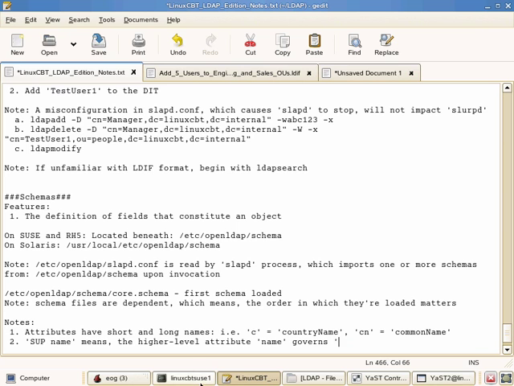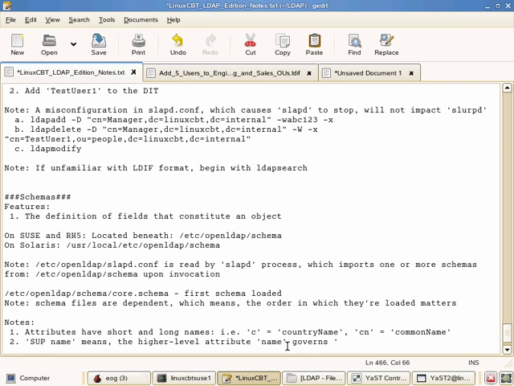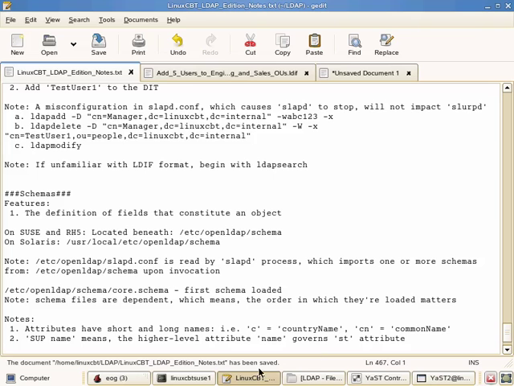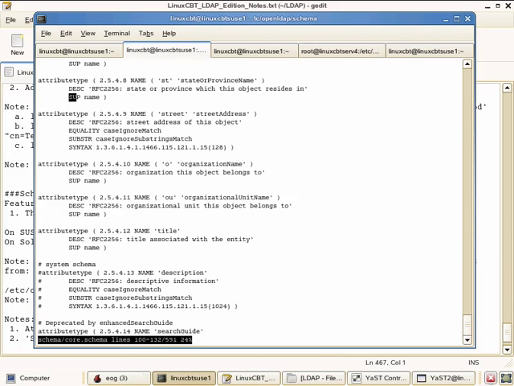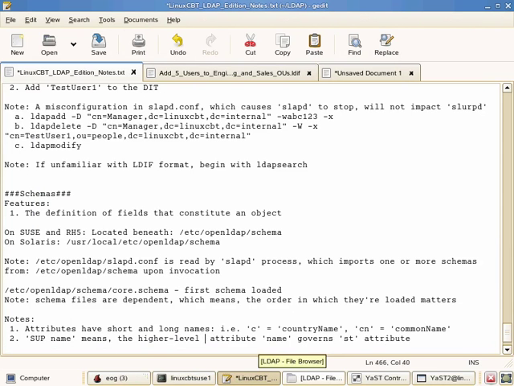And in this case, it is the state attribute. That's what it means when you see a reference SUP, that there is a higher level object, such as a parent object, which governs this lower level object. So SUP name means the higher level or parent